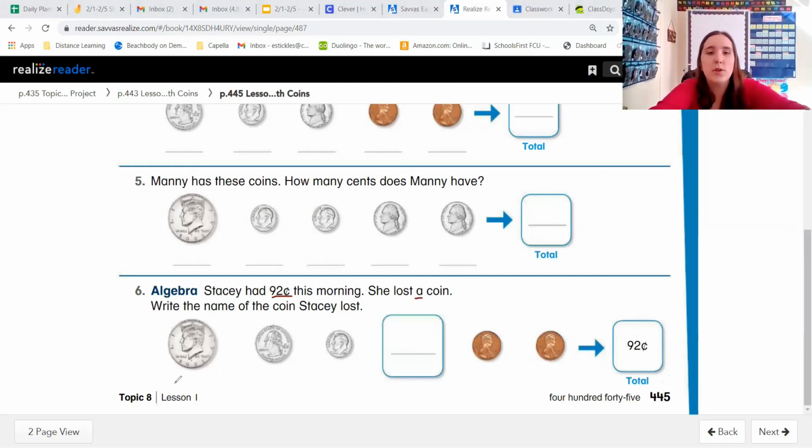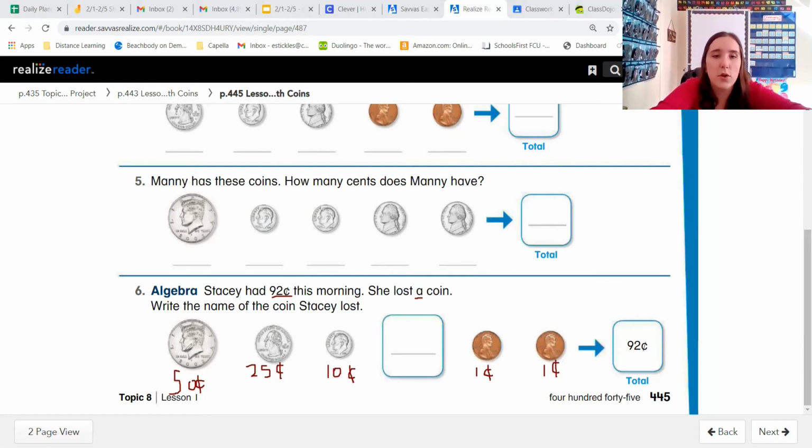she's missing. So let's see, this is a half dollar, which is 50 cents. This is a quarter, which is 25 cents. This is a dime, which is 10 cents. This is a penny, which is 1 cent. This is a penny, which is 1 cent. And she's supposed to have a total of 92 cents, but let's add this up and see what she has